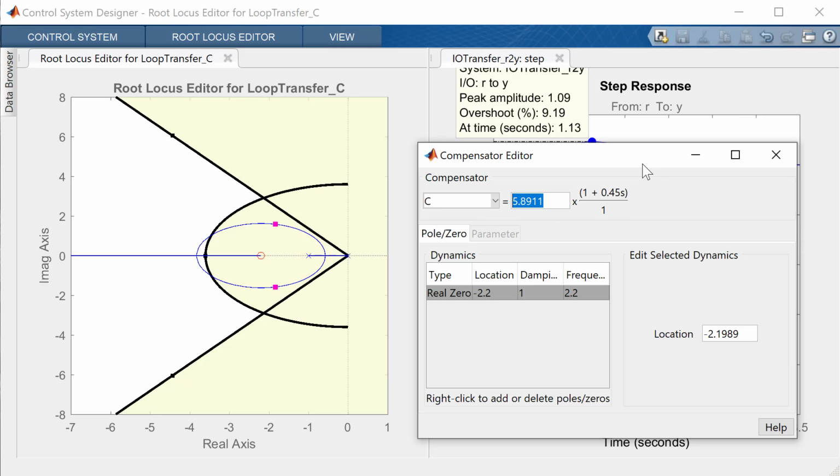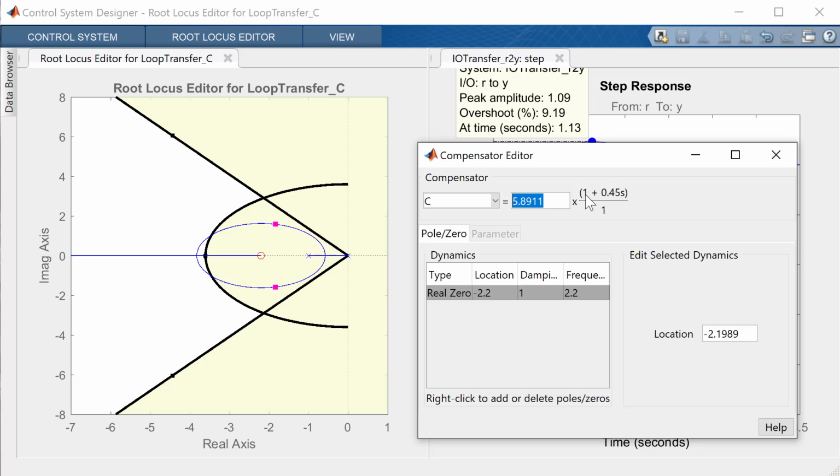I'm going to show you when we go back into PowerPoint, I'm going to describe a little bit better about how this gain relates to the gain that we actually design. You'll notice that this is in a slightly different format. It's 1 plus 0 plus 0.45s. So usually we write it S plus Z. They've divided by a quantity, and the reason why they do that is they like to provide what's called